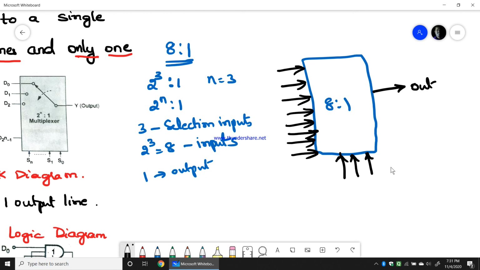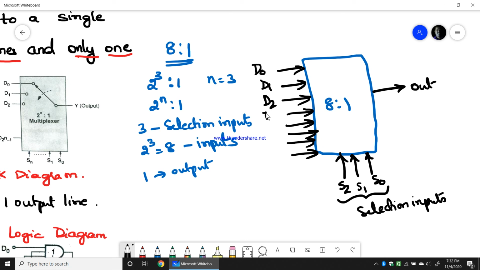This is the output, and these are S0, S1, S2. S represents the selection inputs, whereas D0, D1, D2, D3, D4, D5, D6, D7 are the data inputs. D0 to D7 are the 8 inputs.